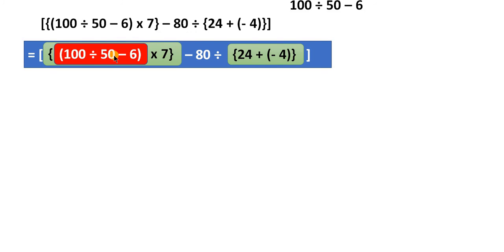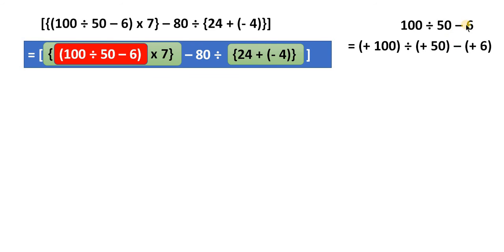We are segregating it to here. I have not taken the parentheses, only the numbers. It is a simple arithmetic type 2 because there is a division here. First we will write them as integers. 100 means positive 100, 50 means positive 50. This 6 has the operation minus, subtraction, therefore this is minus of plus 6. That is what we have written here: operation minus positive 6, positive 50. In this one, first we will do the derived operator, division. Positive 100 divided by positive 50 is equal to 2. So this is replaced with 2 here, and this comes as it is.